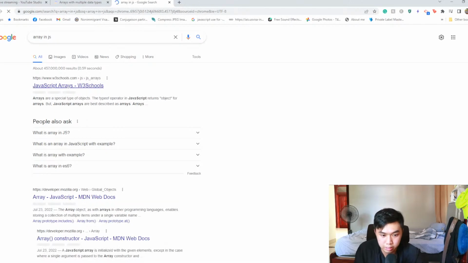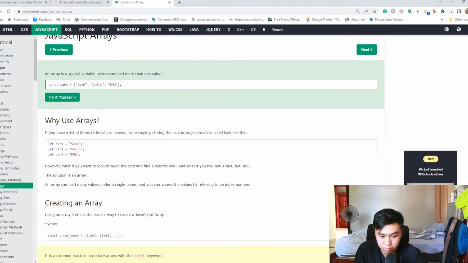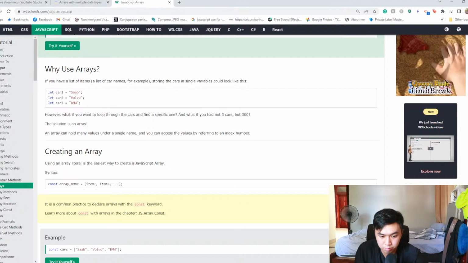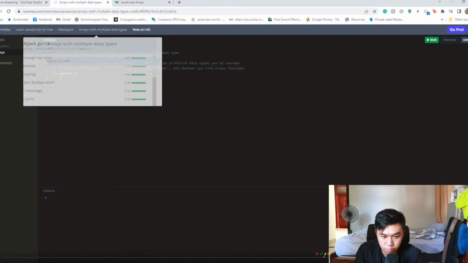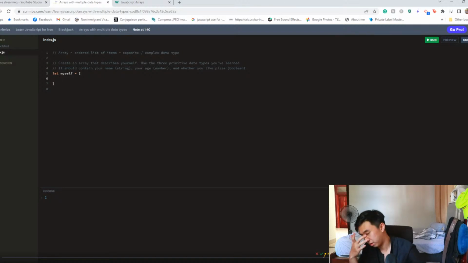Array in JS. Yeah, equal. Yeah, it needs to be equal. And then it's going to be